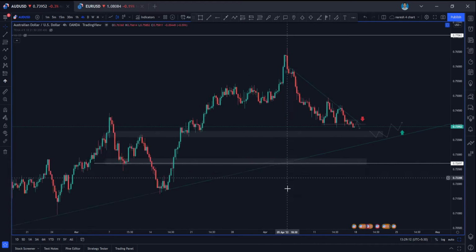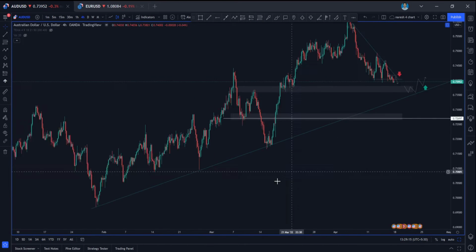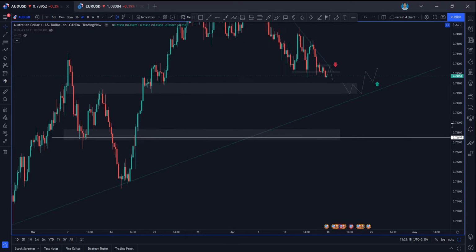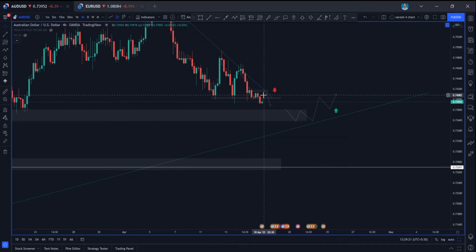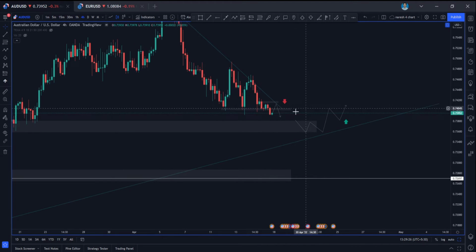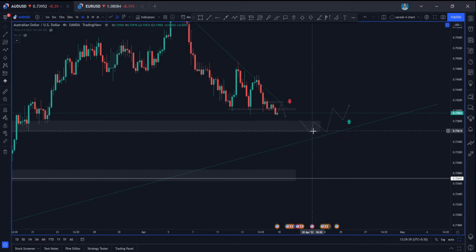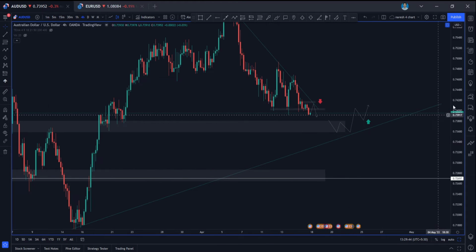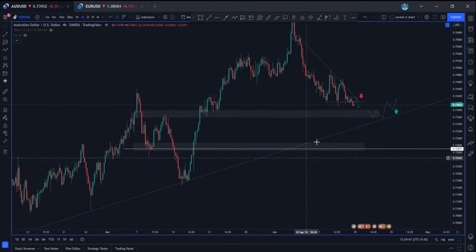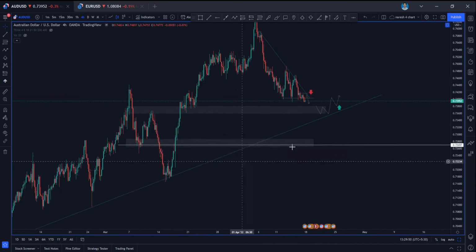And in the 4 hour time frame also we are able to see the trend line here, guys. So we can expect a downtrend, a bearish move here, so we can look for a bearish sell entry here. And if the price is coming here and consolidating and is not able to break below the low and make a lower low, you can go to the 1 hour time frame, and if there is a change of structure in the 1 hour time frame, you can go for buy entries from here, guys, because this is an important support area, and it is also near an important trend line as well.